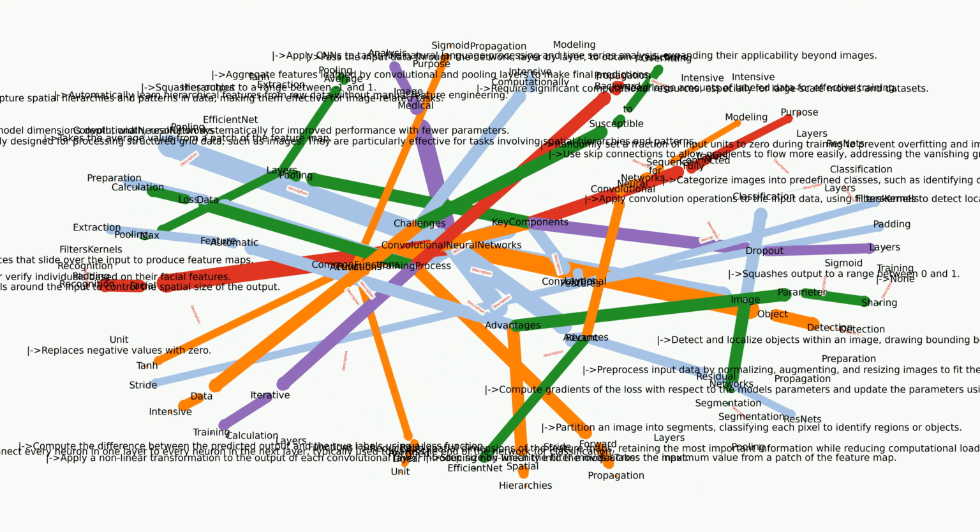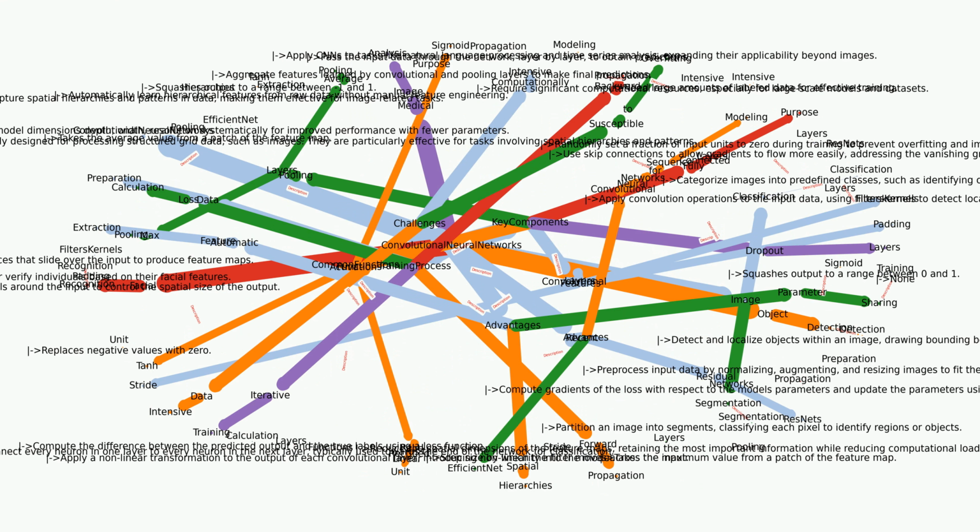Forward propagation. Description. Pass the input data through the network, layer by layer, to obtain predictions. Loss calculation. Description. Compute the difference between the predicted output and the true labels using a loss function. Backward propagation. Description. Compute gradients of the loss with respect to the model's parameters and update the parameters using an